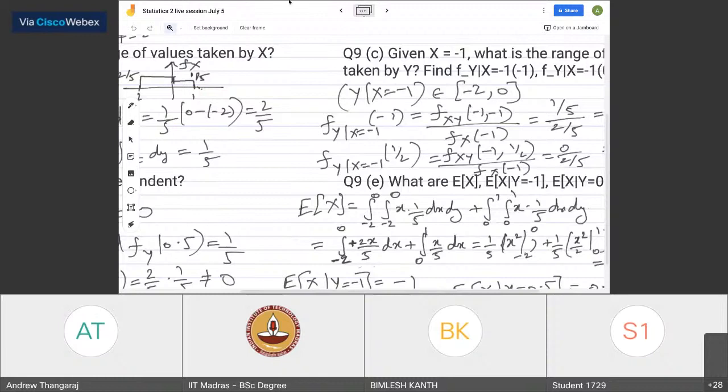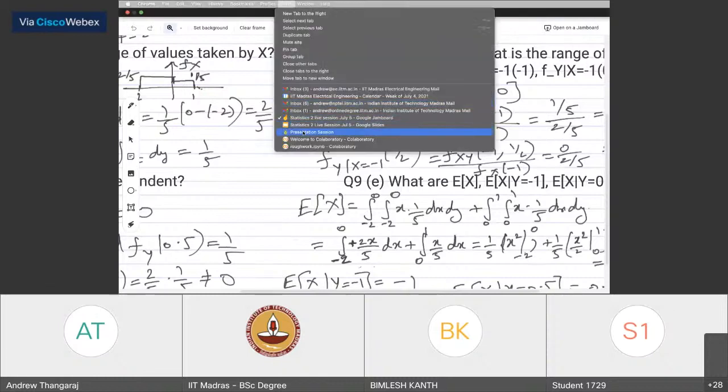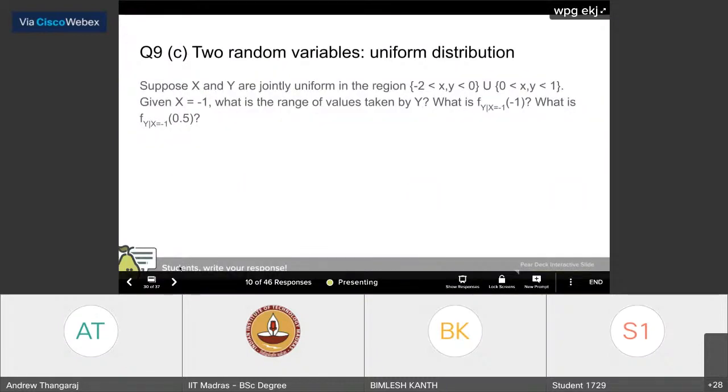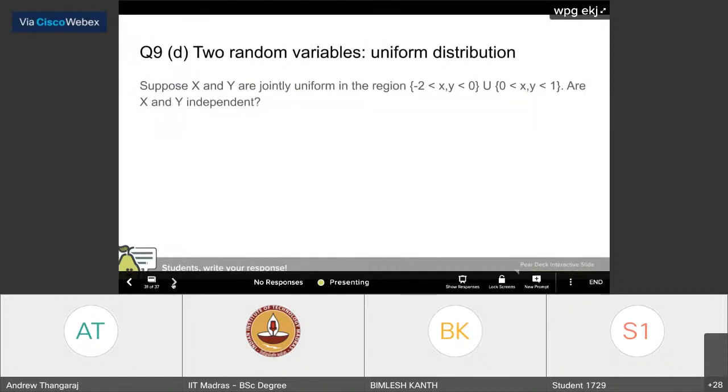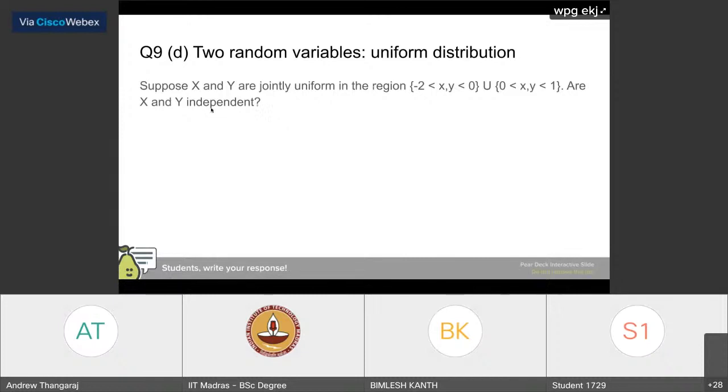Okay, so we'll stop with this last question. I know I've exceeded my time a little bit. Apologies for that. The last question is, are X and Y independent? With this we'll stop. There are a few more questions. I'll let you see the answer yourself when it gets posted. Once again, the same distribution. Are X and Y independent? That's the question.